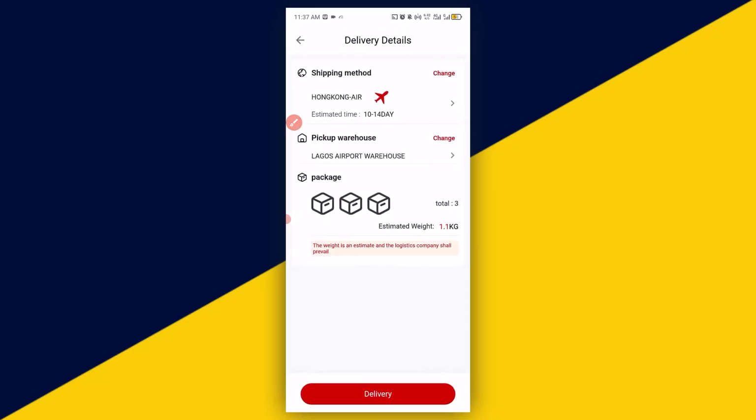Then having selected that, you can see everything is ready right here, and I will be given the estimated kg, which is just 1.1 kg for all the 3 tracking numbers right here. So if you have made up your mind, there is no need for you to change. But if you made a mistake, simply click on change or click on pick up warehouse to change right here. But as for me, I'm good to go. Lastly, I'll go ahead and click on delivery right here, and the total carton is 3. As you can see, it's 3 right here. So I'll go ahead and click on delivery,